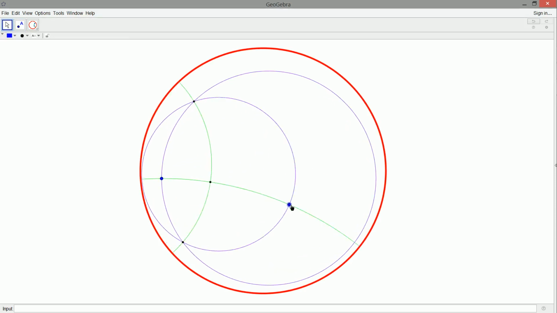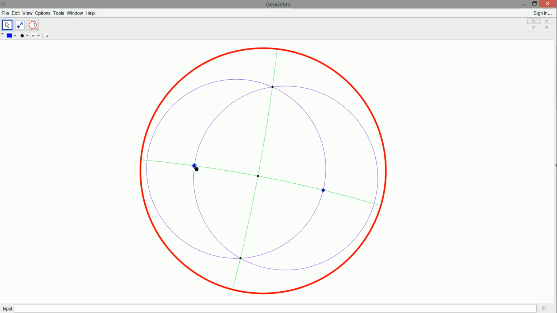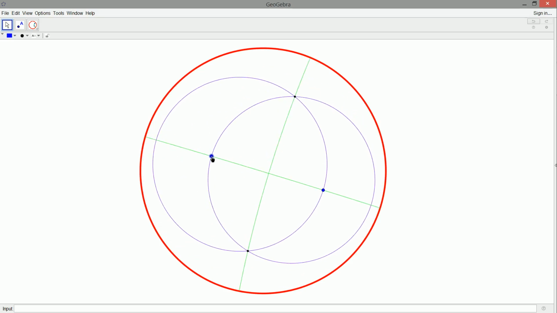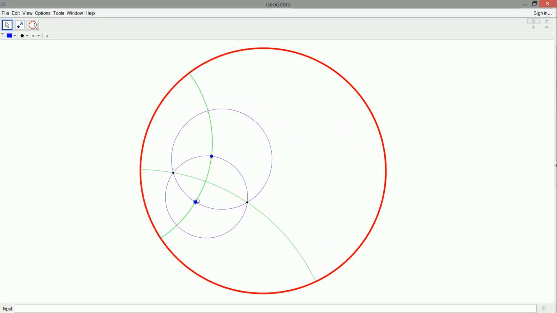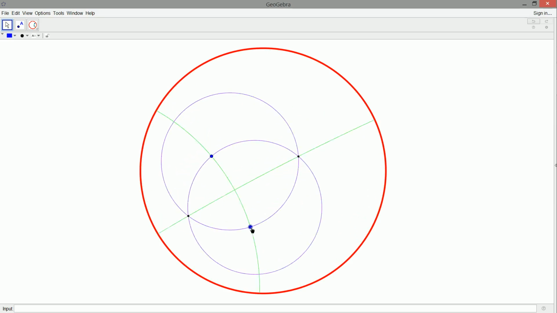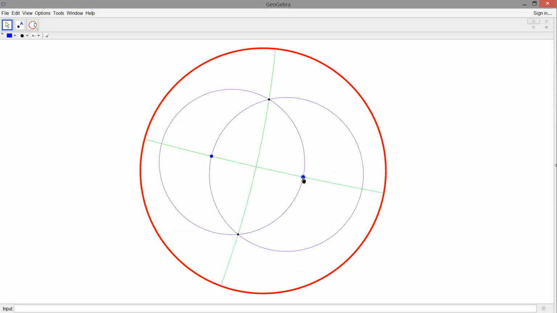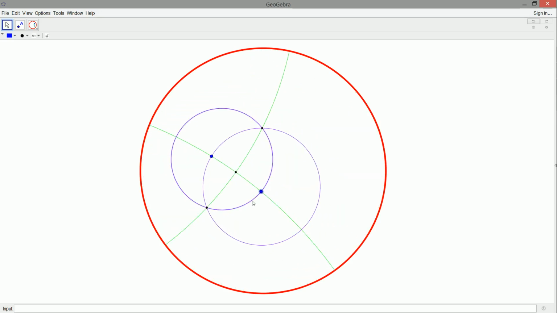Now, as I move this around, I have seen my point, yeah, there he drops every once in a while. It looks like it's dropping when these 2 points are on a diameter. Not just when they're on a diameter. And this is a limitation I've noticed with GeoGebra as I've been practicing some of these constructions. It has to do with, well,